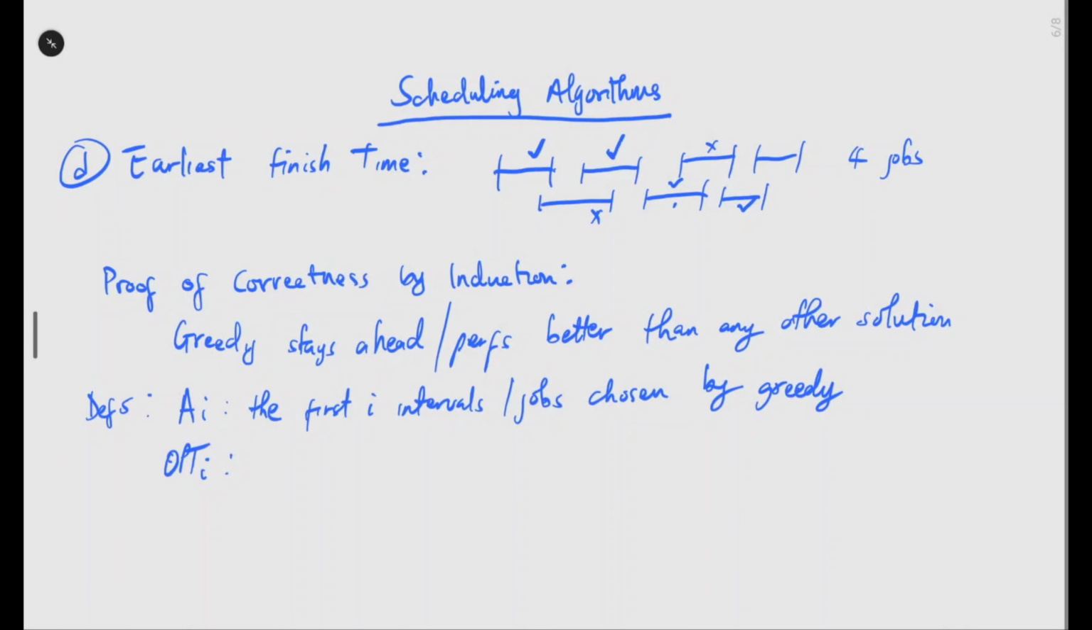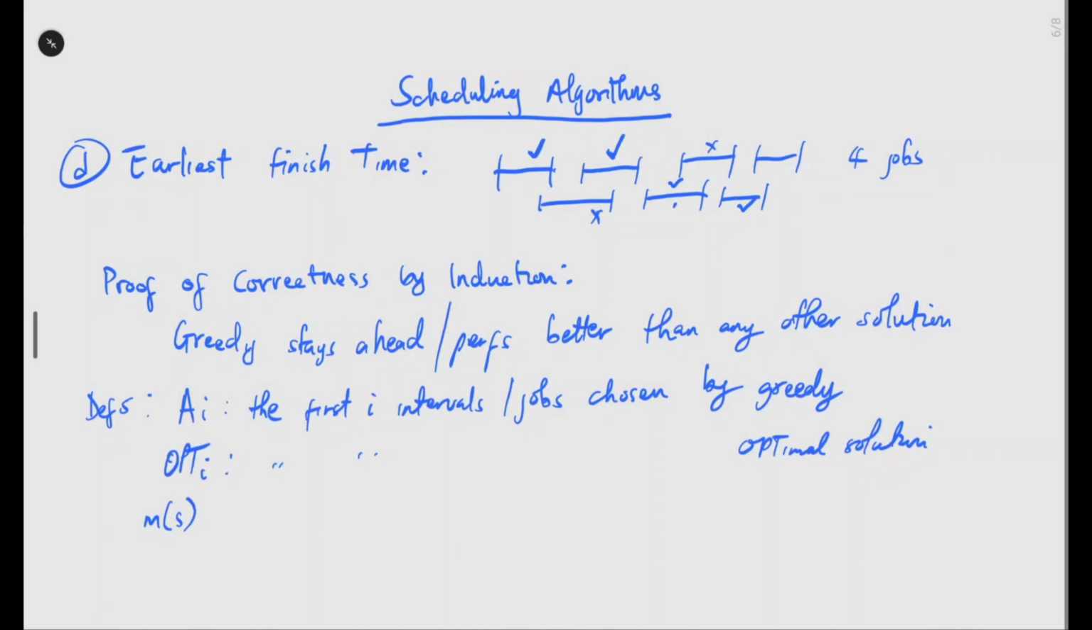So let's call any other algorithm or solution OPT I. So this would be the first I interval chosen by the optimal solution. The same thing we have here, but chosen by the optimal solution. And our measure of goodness. So how can we measure how good our greedy is? That's what our measure of goodness is. Let's call that M of S. How do we measure